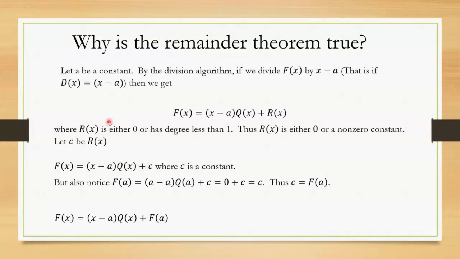Namely, if you were to divide by x minus a, where a is a constant, in other words, your divisor, capital D of x, is x minus a, then by the division algorithm, you get two unique polynomials here, Q and R, so that this is true. You have two polynomials, Q and R, so that you can write f of x that way. And what's going to